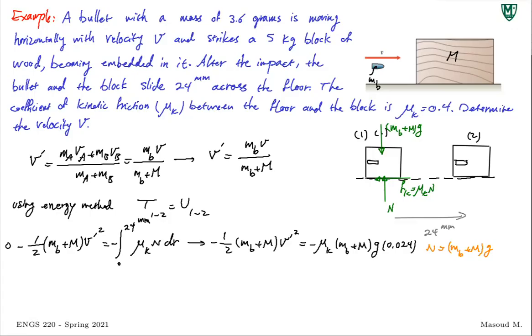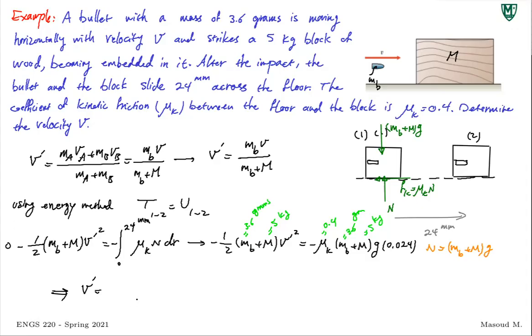All right. We know what mu k is, right? This is 0.4, mb is 3.6 grams. So remember to convert that into kilogram. M is 5 kilogram. We know g, same story here, 3.6 grams, M is 5 kilogram. The only unknown here is v prime squared. So we can find the velocity v prime. Right? So from there, v prime becomes,